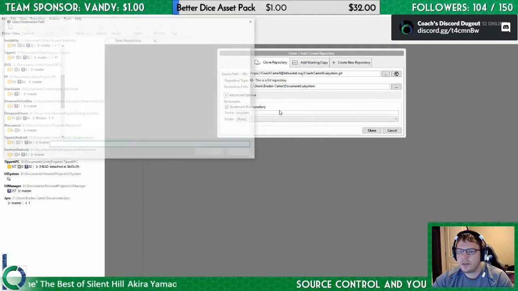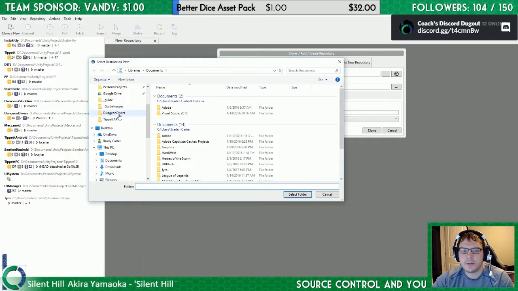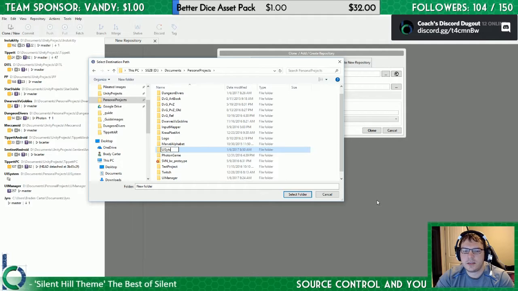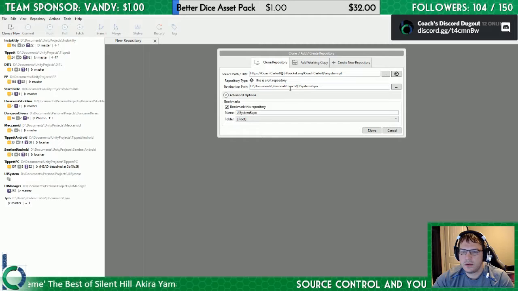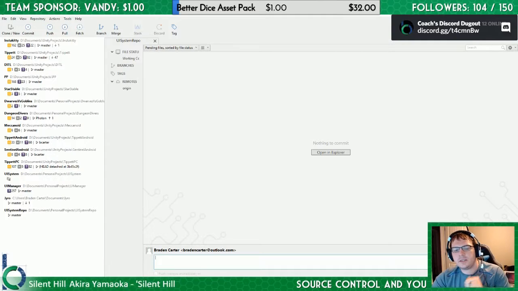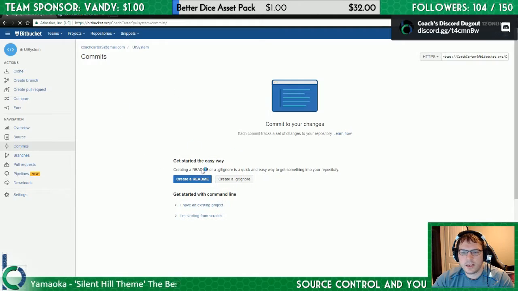When you do a new repository, you always have to have an empty folder to clone into. So in this case, we will make a new empty folder called UI System Repo. We will clone here. Basically, what this will do is take every single file that is currently